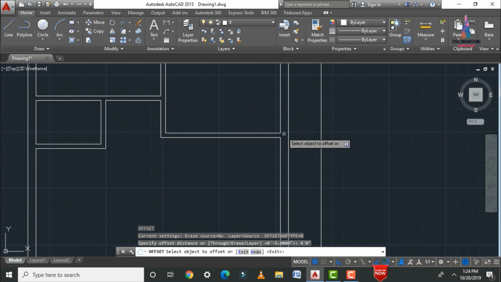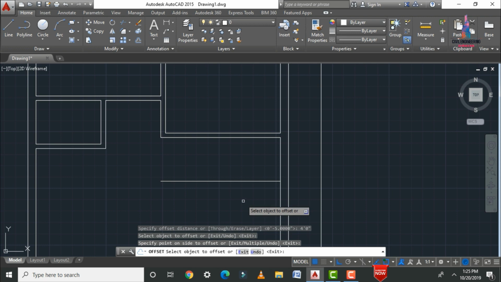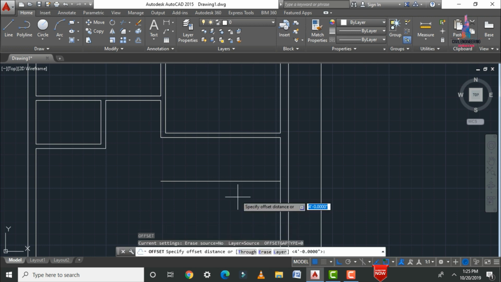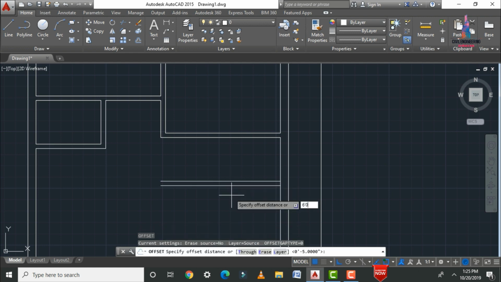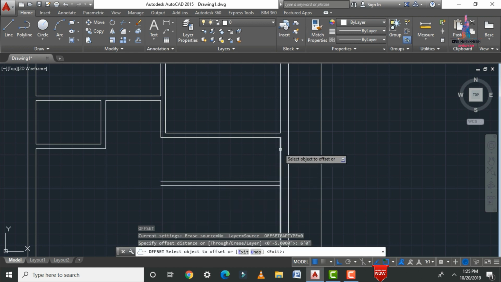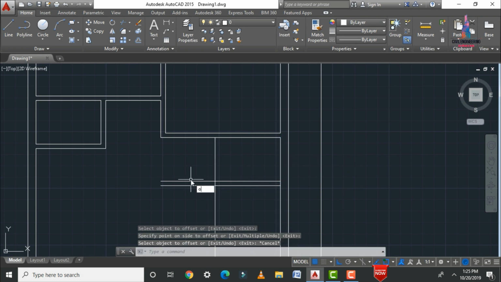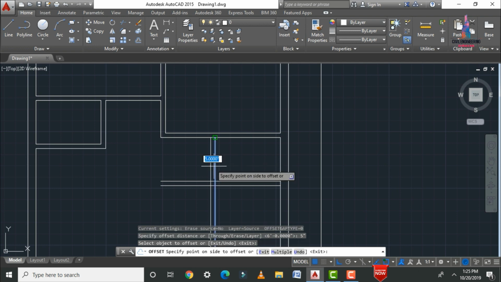4 feet 0 inches. So select this respective point line, I am drawing this. Again select offset here, so select 5 inches basically. So I am applying the offset here like this. Again select offset, which is related to 6 feet 0 inches distance, I am drawing this. Again I am applying the offset, which is related to 5 inches distance, I am applying here like this.